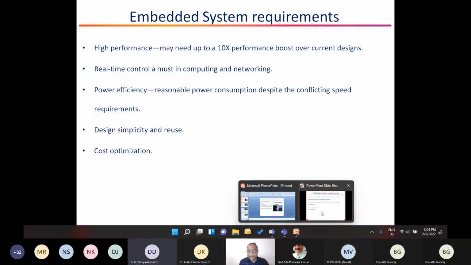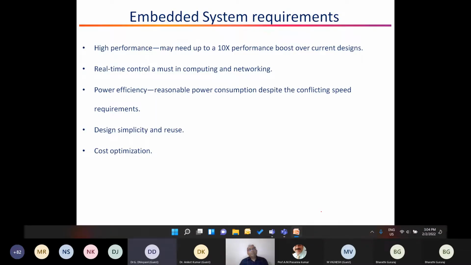Thank you. Right. So now, when it comes to the hardware requirements, looking at it from the embedded perspective, we need to identify a high performance computing system that will increase the speed at least by 10 times what we are currently seeing. Because in Industry 4, these systems are going to be complex and communicate data at a much faster rate, so the amount of data generated is very, very high. In that case, it poses a good challenge that you need a system that is at least 10 times faster than what we are currently working with.